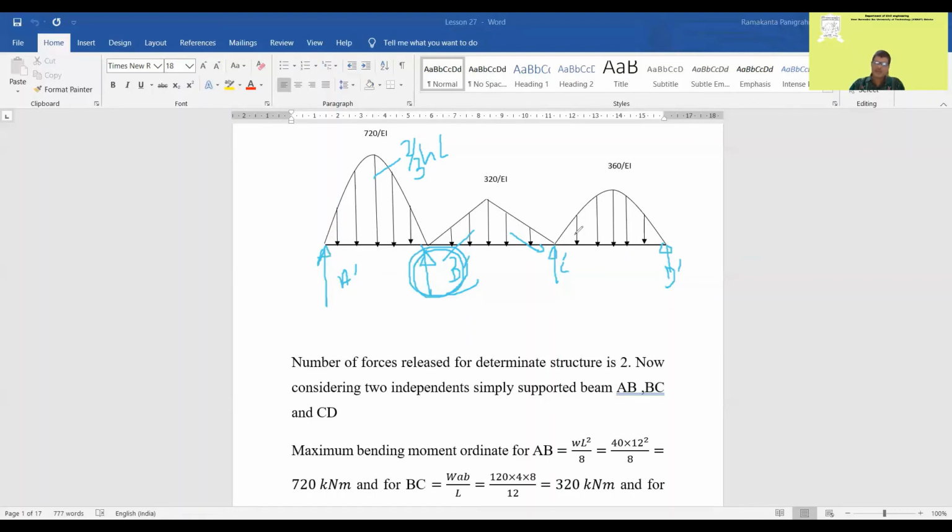This is not a parabola. We have given 4 and 8 meters, so it will be different. Now here, you have to find out the force and you have to find the reactions. It is not 6 meter and 6 meter, it is 4 meter and 8 meter. So L plus a by 3 will come here, L plus b by 3 will come on this side. That is the CG distance. Depending on the CG distance, you can find the value. This is a triangle like this.